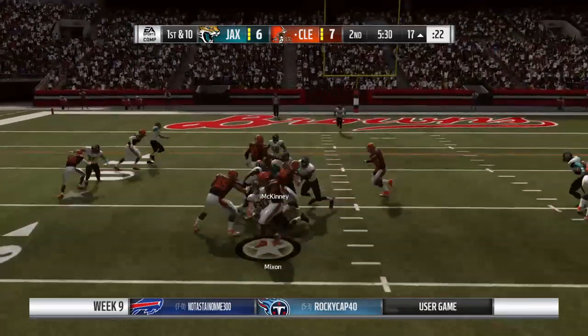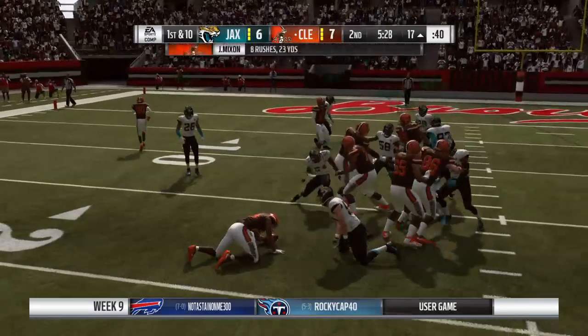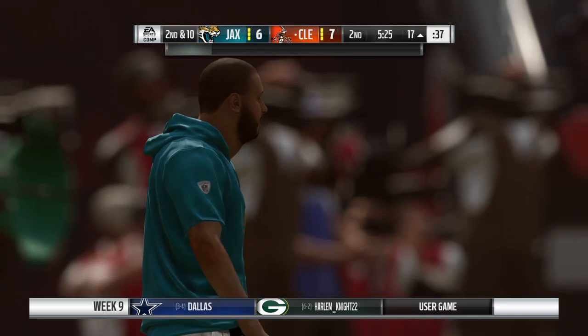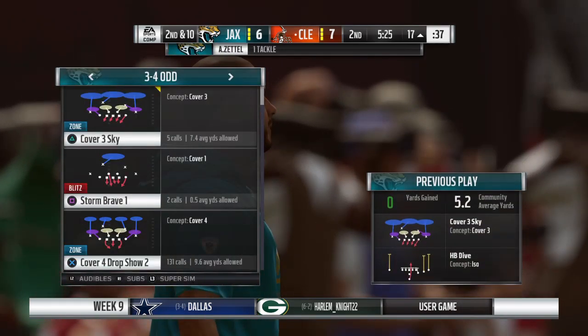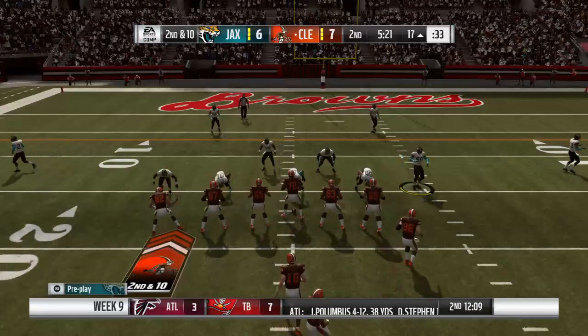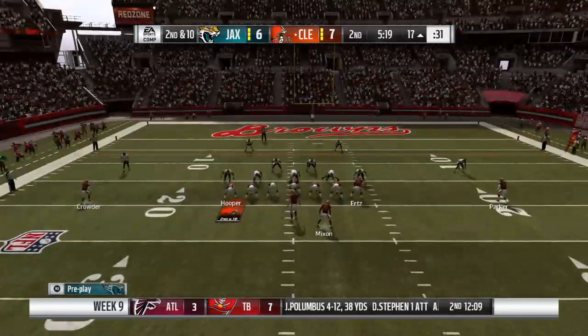3-19. Mixon with a first down carry. And he's going to be met at the line of scrimmage and taken down. Officially no gain on the play, and it's second down. And as a defensive end, getting off the ball quickly, swarming to the football, making a tackle, that's what we